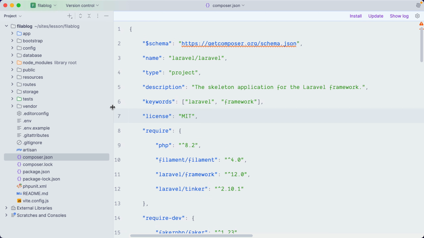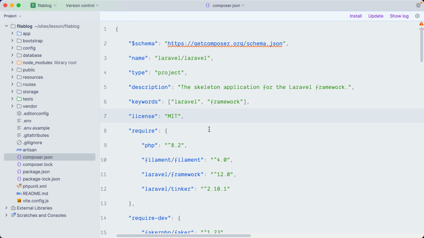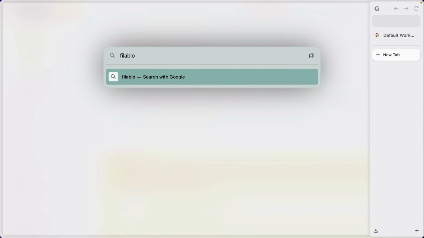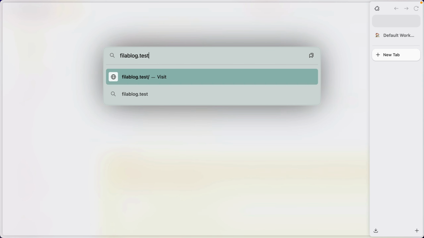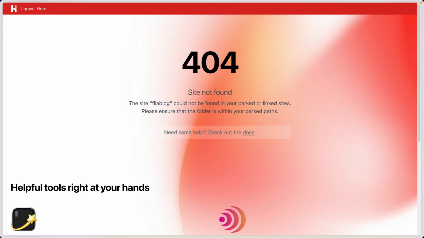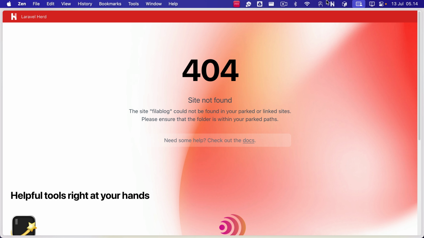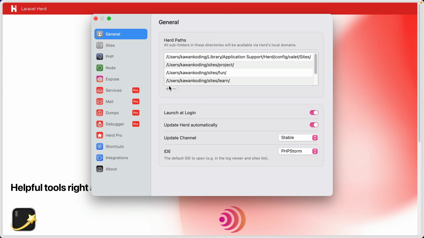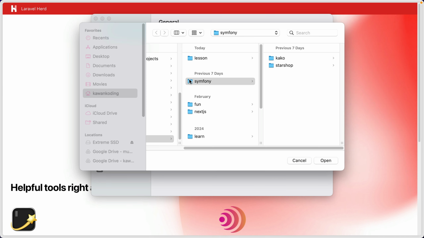Now let's see what the app, or Filament, looks like. Okay, open the browser and go to filablock.test. I'm using Herd, and should this URL work? Oh no. I forgot to add the directory to the Herd path.